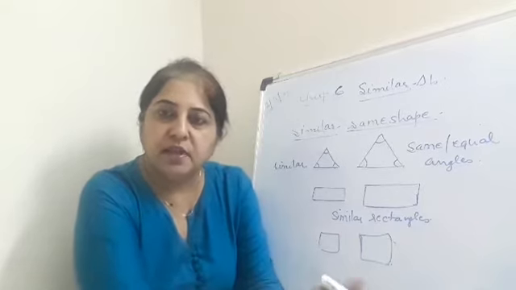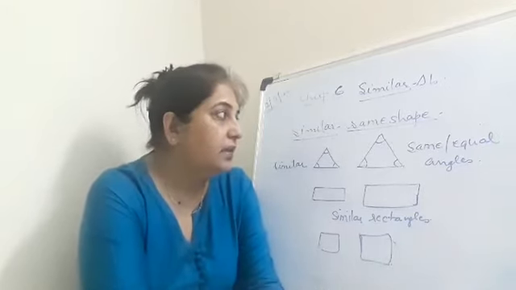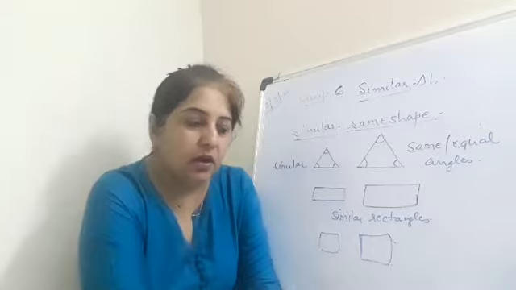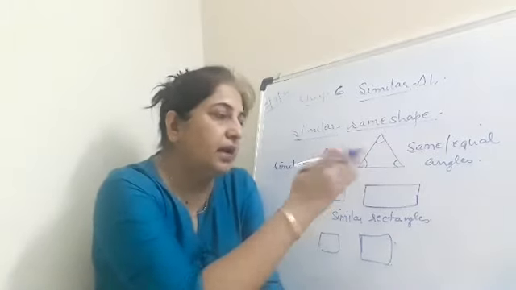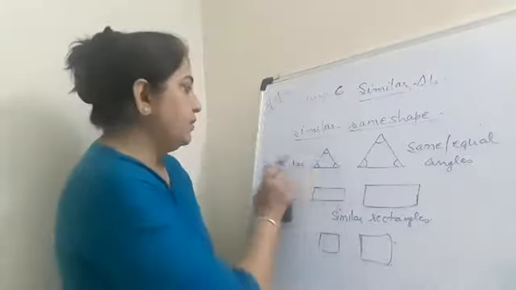Congruent objects have the same shape and size, they exactly cover each other. But similar figures, two geometrical figures, will be similar when they have the same shape and they will have the same angles. Okay, now you also know that